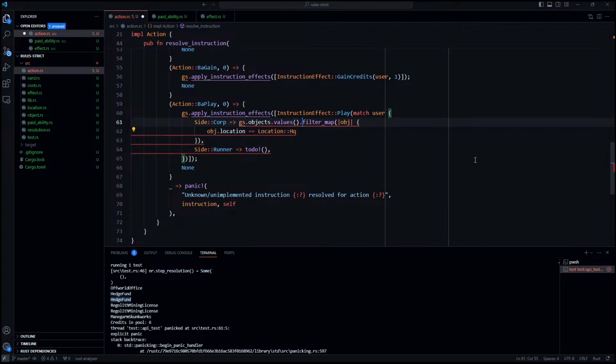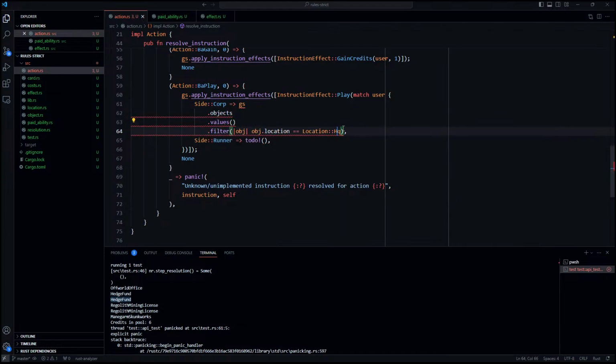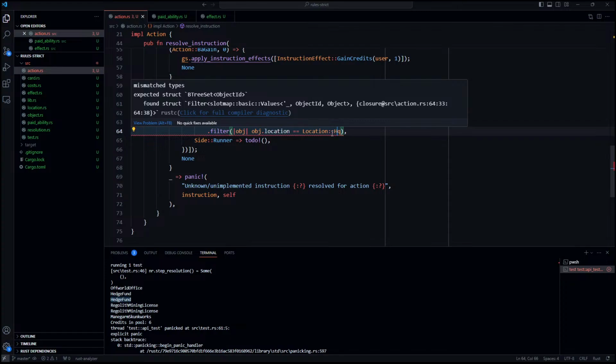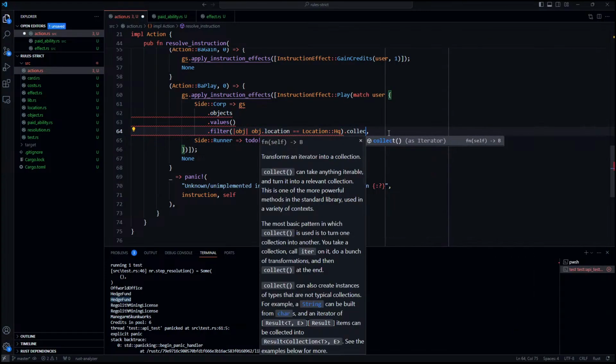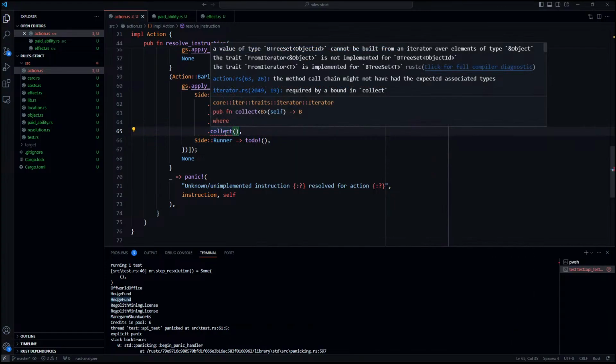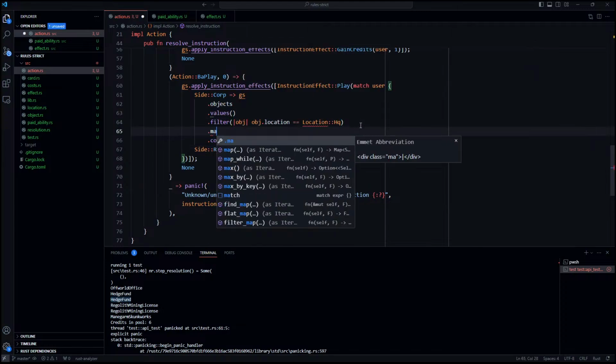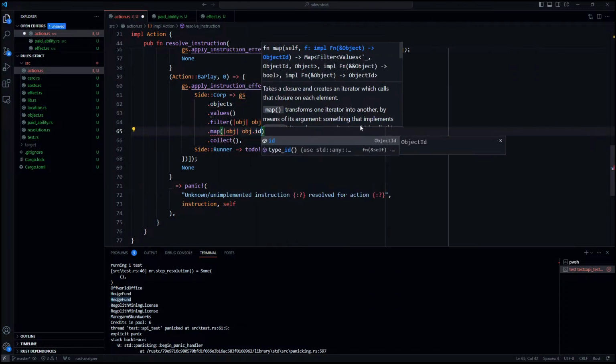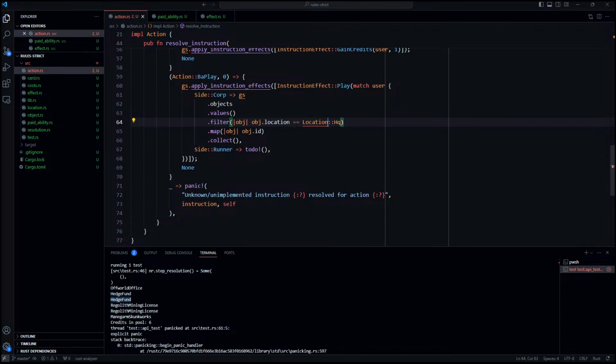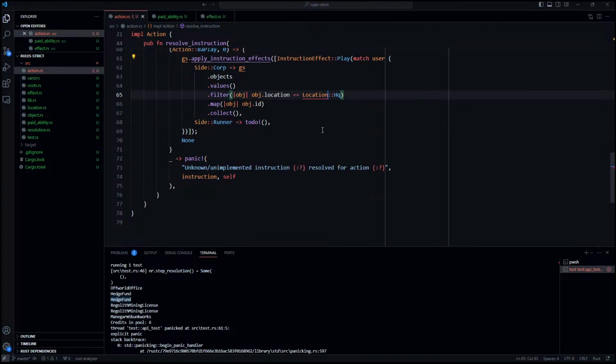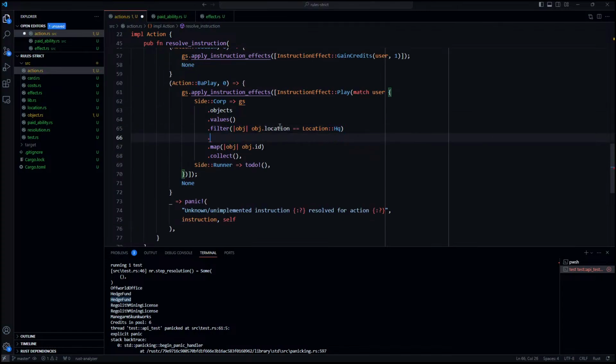That's just a regular filter. So that's our first filter. You want the object's location to be HQ. And then we can just collect this into the relevant set, as long as we make our last step mapping the object to its ID, this all is fine. Import location. Okay, so in HQ,